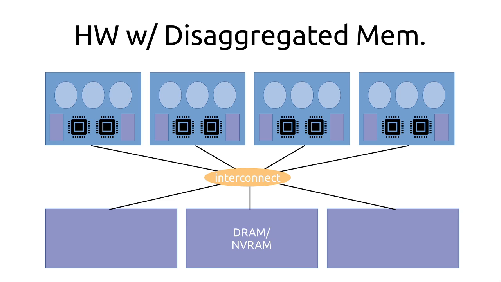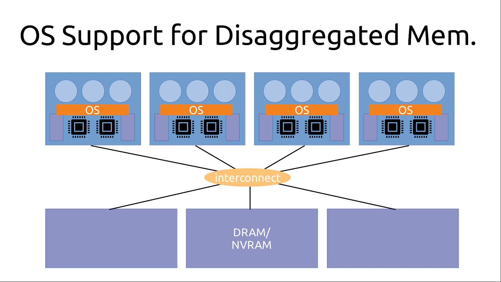So this is how we kind of think about a system. On the top, we have 4 computational units. They might have a relatively small amount of memory associated with them, and each of these 4 units is running, in this case, 3 processes each, and they're connected via some sort of an interconnect to massive amounts of DRAM or NVRAM, depending on what we're talking about.